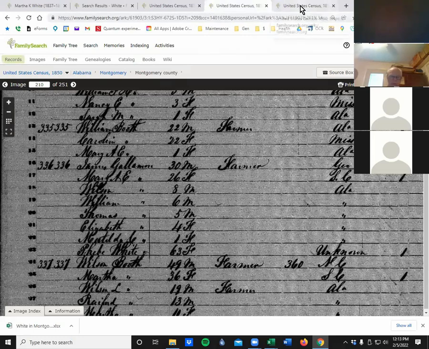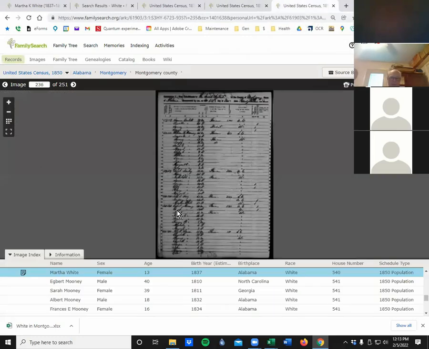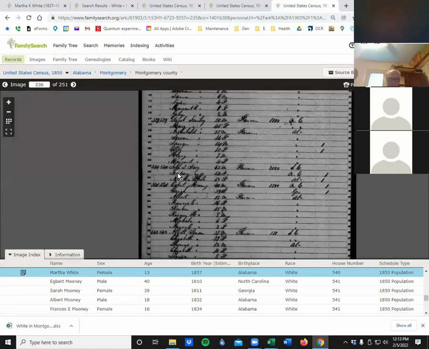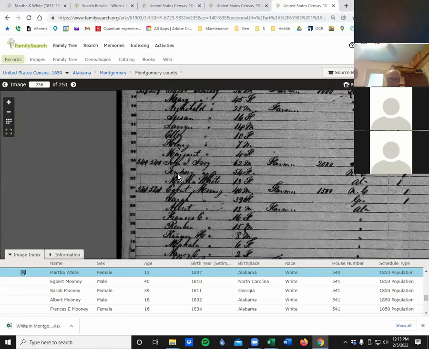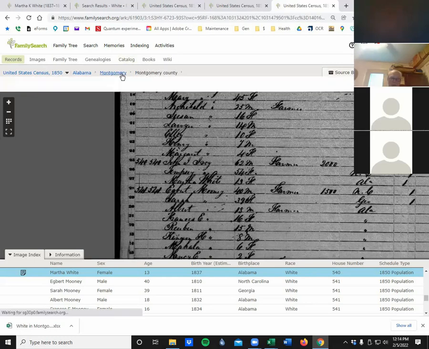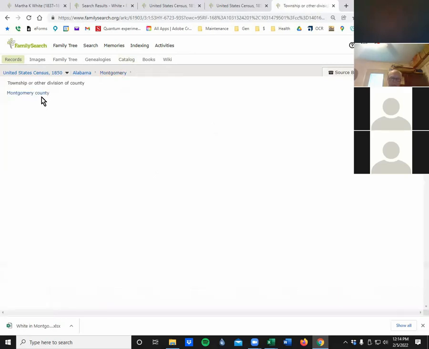So there's a couple of hundred households apart between them. That suggests that they're pretty far apart. This is Alabama, Montgomery County, and Montgomery County is separated into